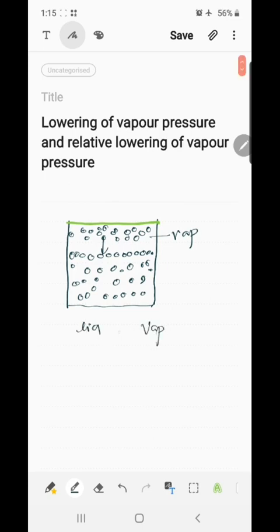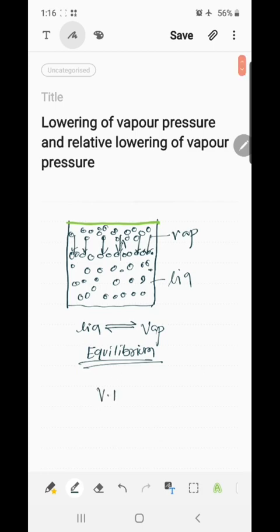again becomes liquid. So class, two things are happening here. Liquid molecules are becoming vapor from the surface and vapor molecules are also becoming liquid. The stage at which the rate at which liquid becomes vapor equals the rate at which vapor becomes liquid, we call that condition equilibrium. So at equilibrium, the pressure exerted by the vapors of the liquid on its surface